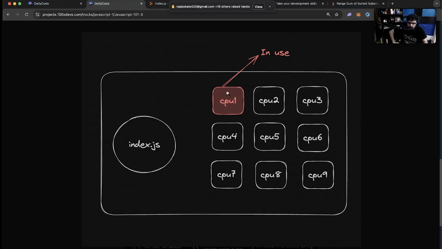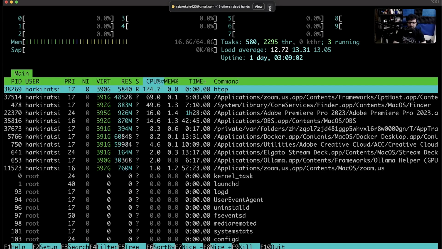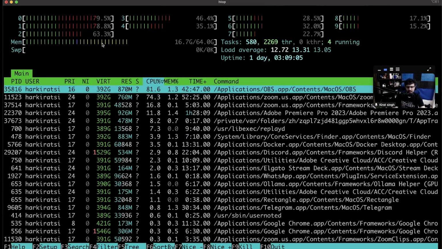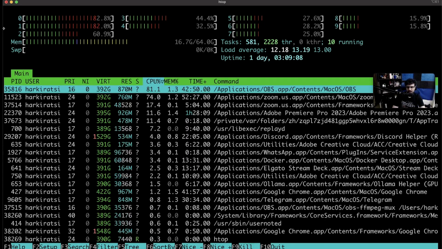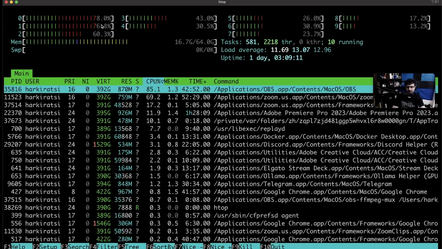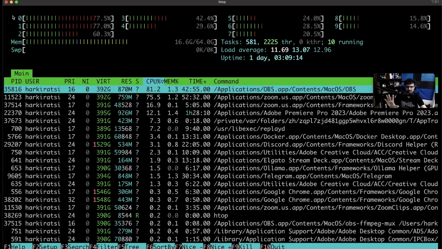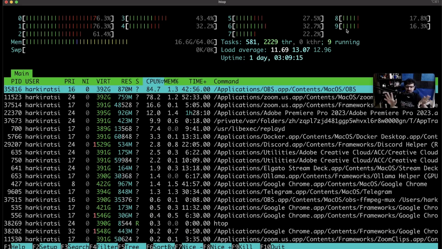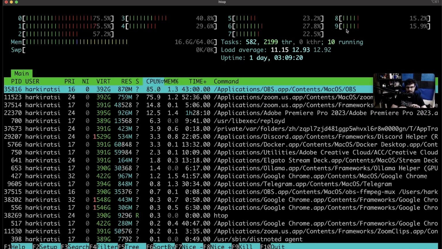So even though my Mac has 10 CPUs, I can also show you another thing. If I open the terminal and run htop, it might not run for you, but if I do run htop locally, it shows me the 0th CPU has 78% usage. The first CPU has 78% usage, so on and so forth. I have 10 CPUs going from 0 to 9. My machine's utilization is not 100%. It's some 30-40%, as you can see.